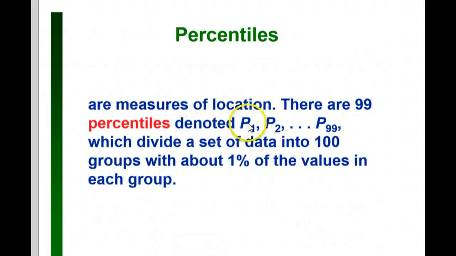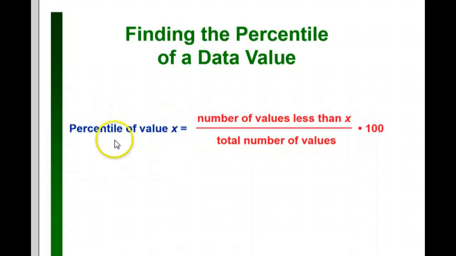Alright, then percentiles. Percentiles tell us the percent of data that are below a value. Okay, the second percentile means there's only 2% below that number. The 99th percentile means 99% of the data values are below that number. Alright, this is the way that we compute it. We take the number of values less than that value, divide by the total number of values,